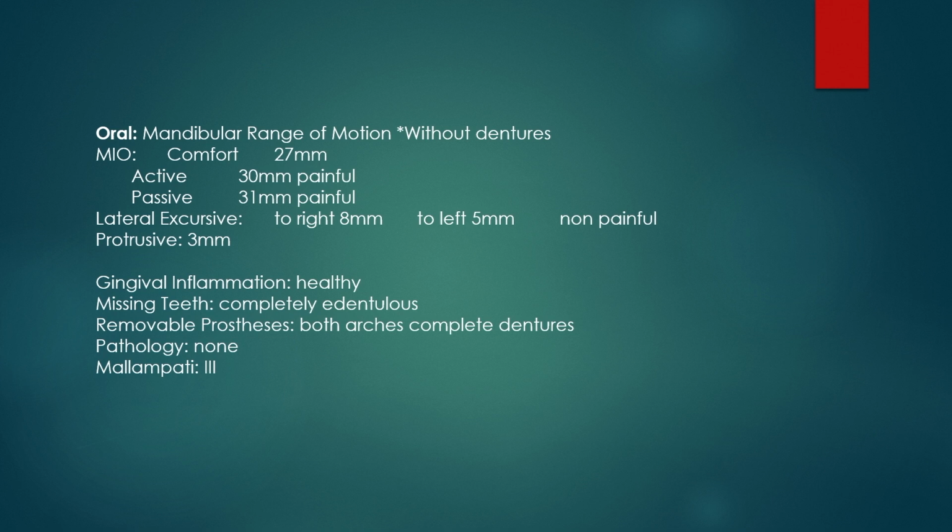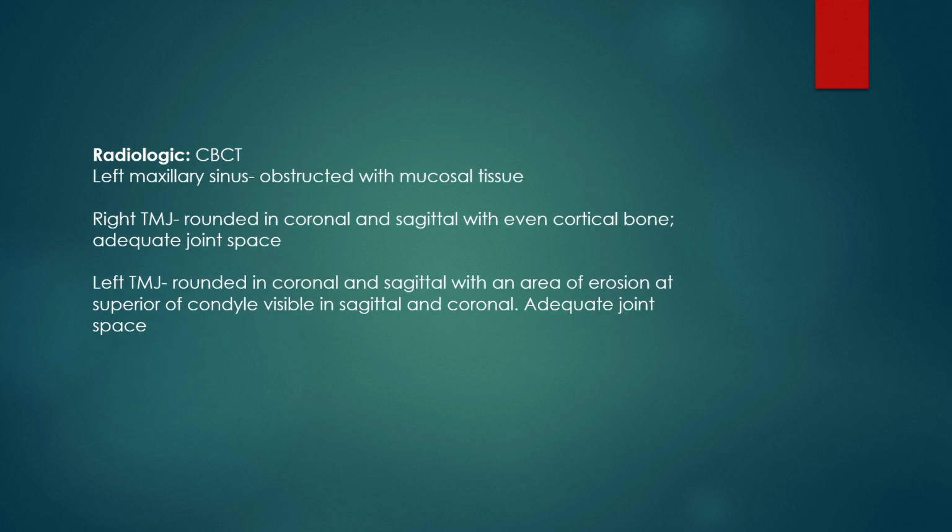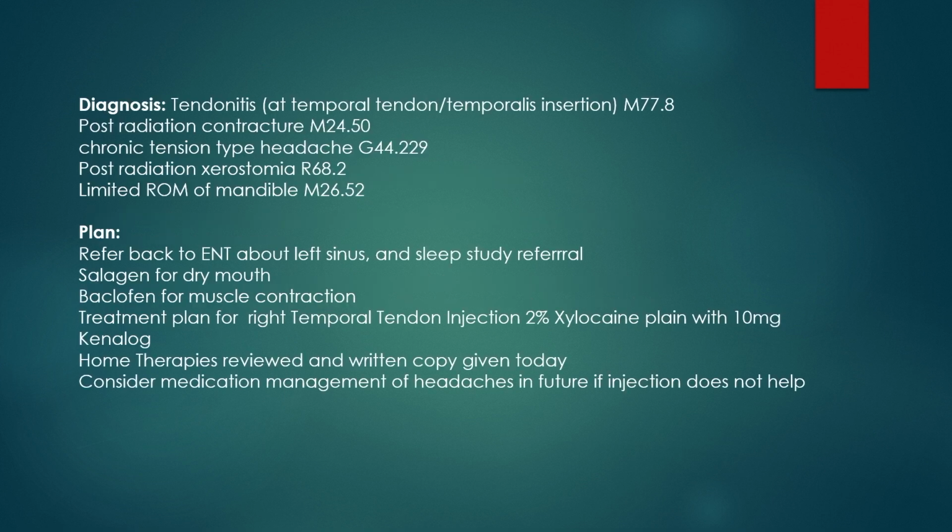Tried passive, it was 31, so not much more. But looking at CBCT, I noted his maxillary sinuses had obstruction, but his joints actually had adequate joint space, good coronal sagittal views. What I wanted to get to is the diagnosis is basically that there's tendinitis at the temporal tendon